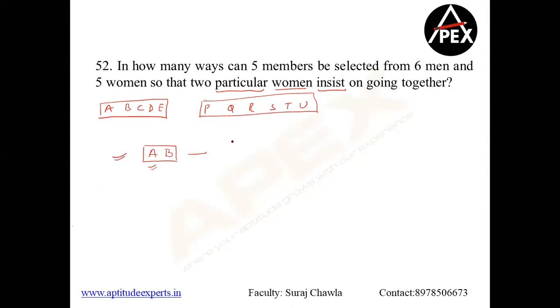So there is a possibility where I'm picking both of them. So if I'm picking both of them, then what happens? So 9C3 will be my answer. Because why? Two people have already been picked up. Remaining nine are left. And I have to pick only three more people, right? Clear? But there is also a possibility where I'm dumping both of them.